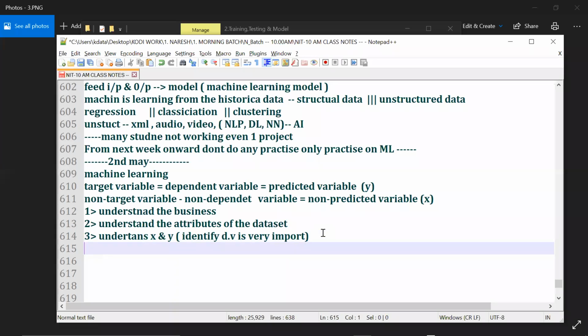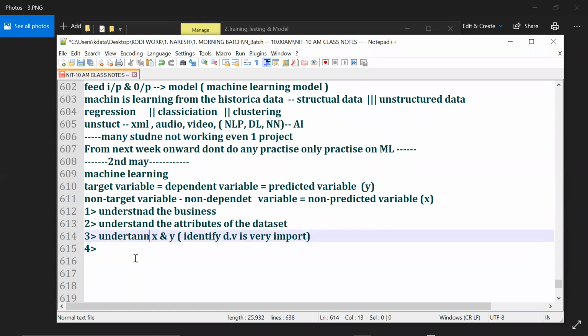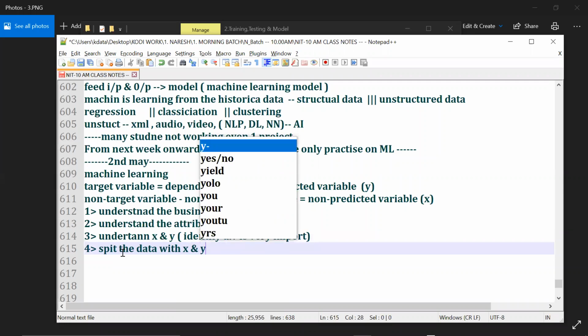I'll talk about data pre-processing in a later part. The fourth one: split the data into X and Y. Clear?